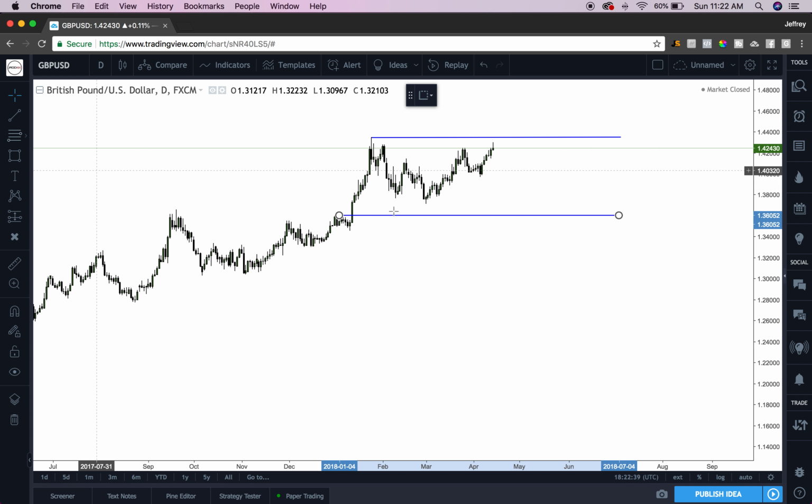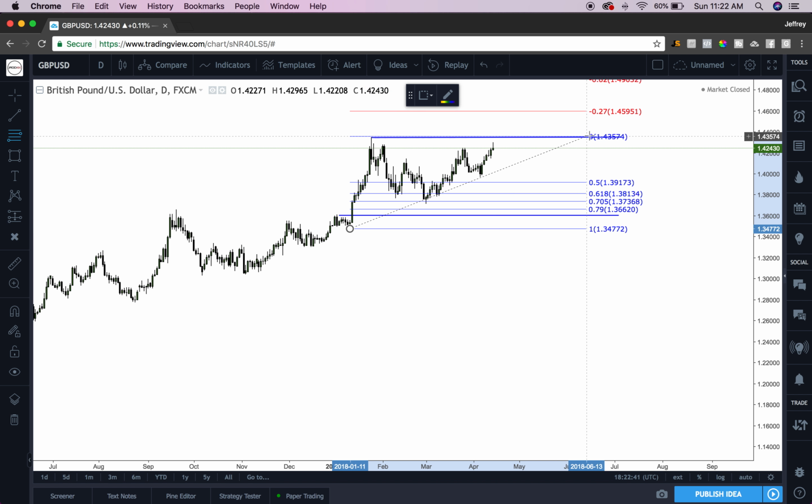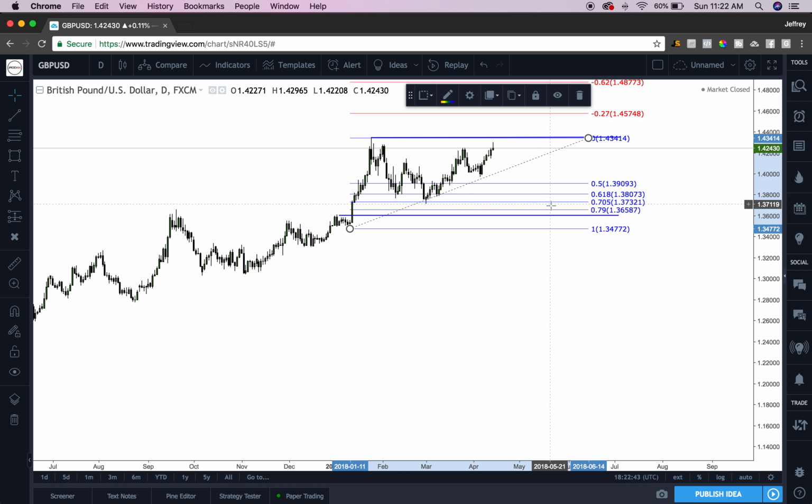And let's draw our fibs. If we draw our fib from low to high, 61, 70, and pretty close to the 79% retracement level. And again, we have some lows down here that the market would clear up. So if we do form a lower high based off of this,